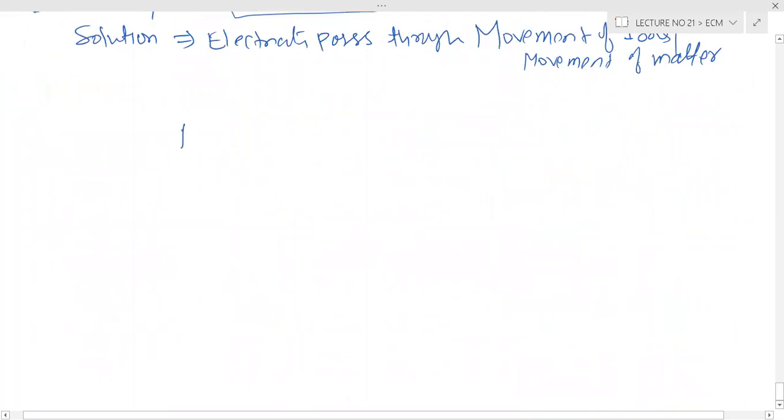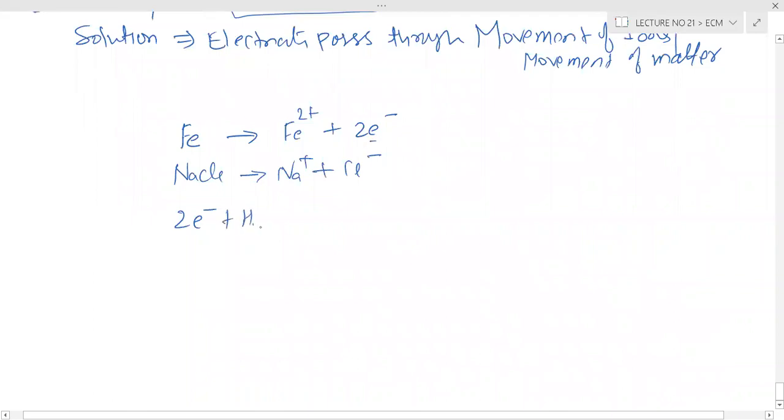Iron loses two electrons, and then NaCl breaks into Na plus and Cl minus. That is pure chemistry. And these electrons combine with two molecules of water, and finally hydrogen gas is formed,